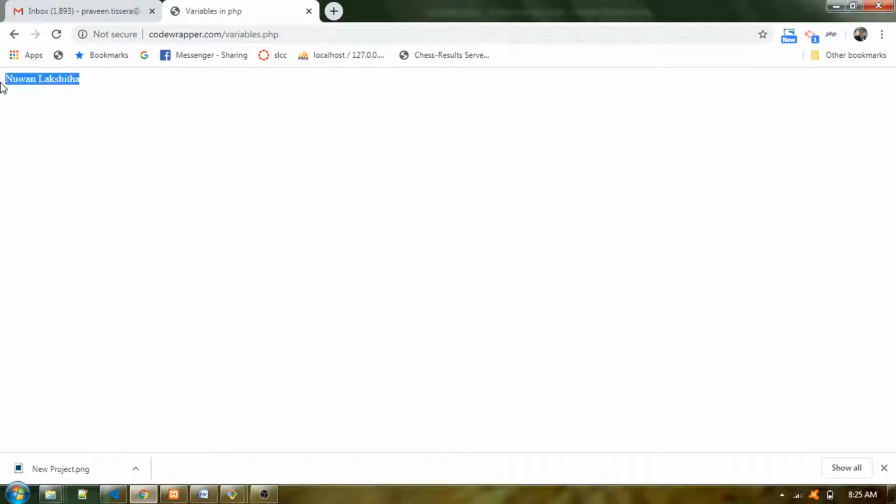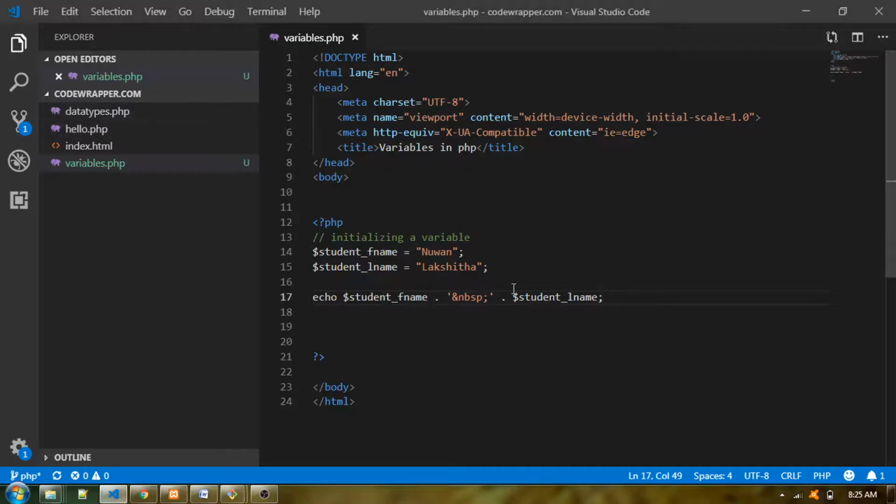Right, so you can see now the student name got changed and it will be visible with the middle space as well. So if you think that this needs to be changed, simply you can hard code the value in these locations, but that will be permanent